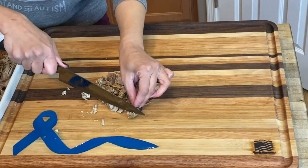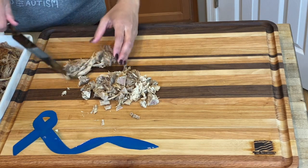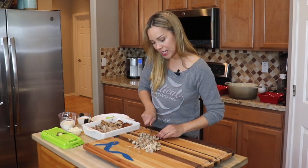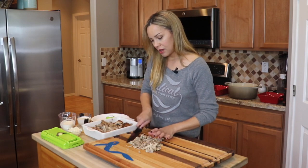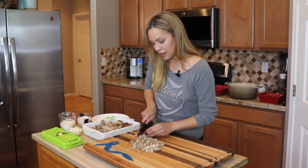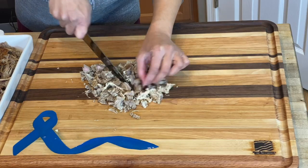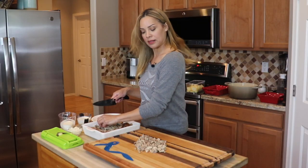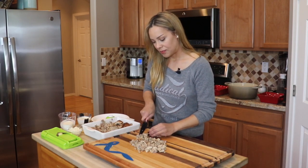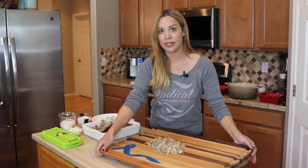I'm cutting up. It's small, and because I'm making only half of my scalloped potato recipe, I'm not going to go too crazy with the amount of pulled pork that I'm going to be putting in it. I'm going to go light on it, maybe a little bit more. And I'm going to keep chopping. I think this is good. Maybe a little more. I don't know. Let me see. Okay, I think a little bit more. I'm looking at the size of my pan, and then I can decide. Okay, so I think we're good. I'm going to take this, put it aside,